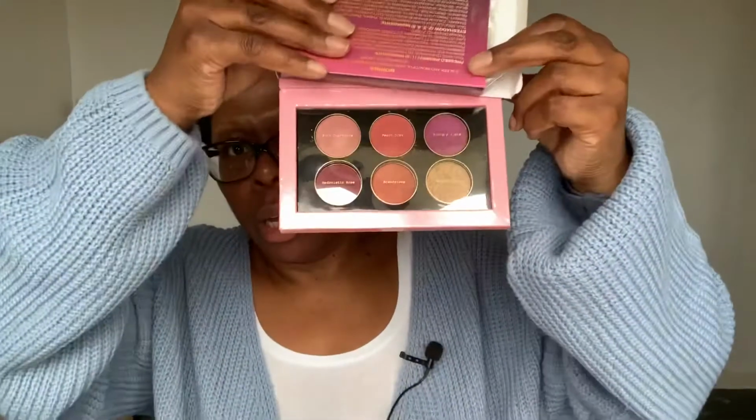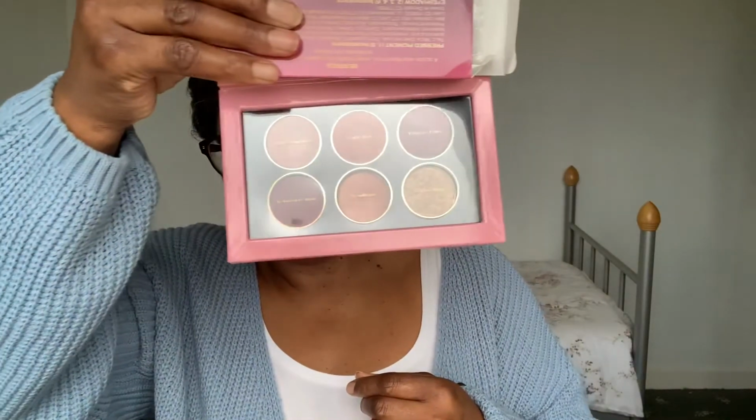Actually, let me cover that over so you haven't got the mirror reflecting there. But that's a palette of 6 colours there, and these colours and the textures, they are extremely high quality, hence the price. So this is kind of, let's say, my luxury indulgence. I only have a couple of Pat's palettes, and they are quite decadent in their packaging and how they come. Another palette or company that I discovered later on this year was,